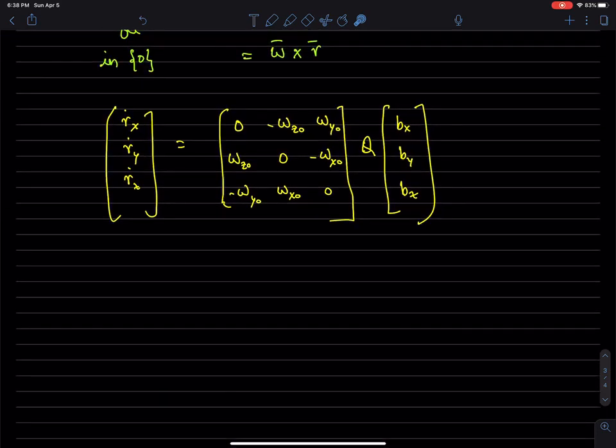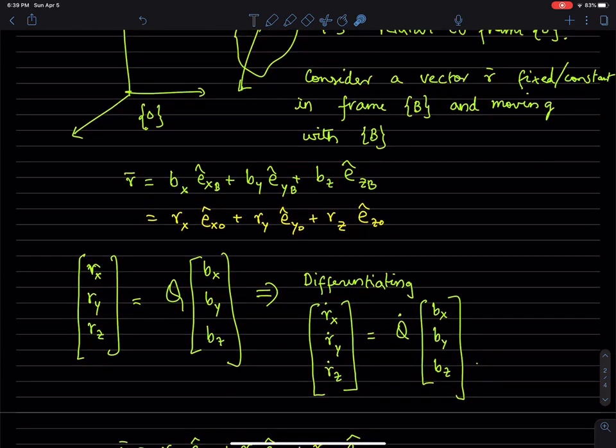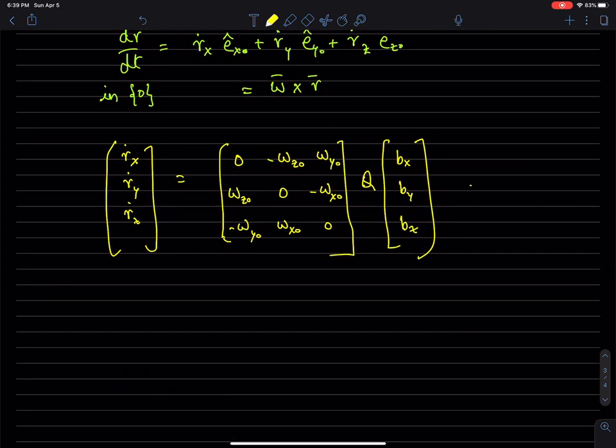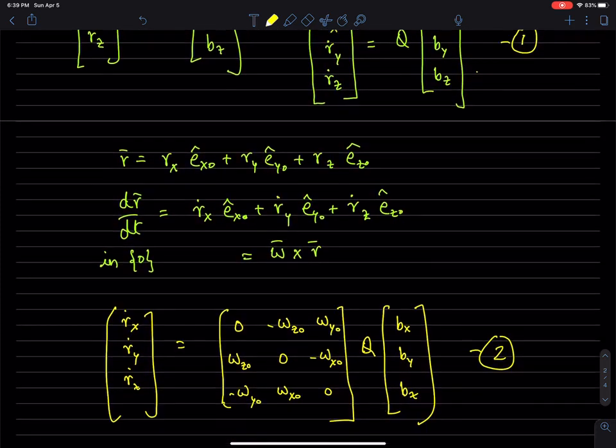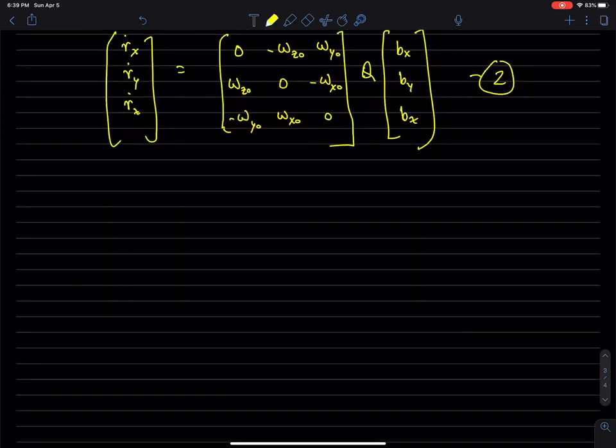So what does that all mean? Let's call this equation 1. Let's call this equation 2. Compare equation 1 and equation 2. The left-hand side is the same. The right-hand side has Bx, By, Bz, and then we have this, and we have that. So essentially Q dot is going to be this whole thing. So Q dot is